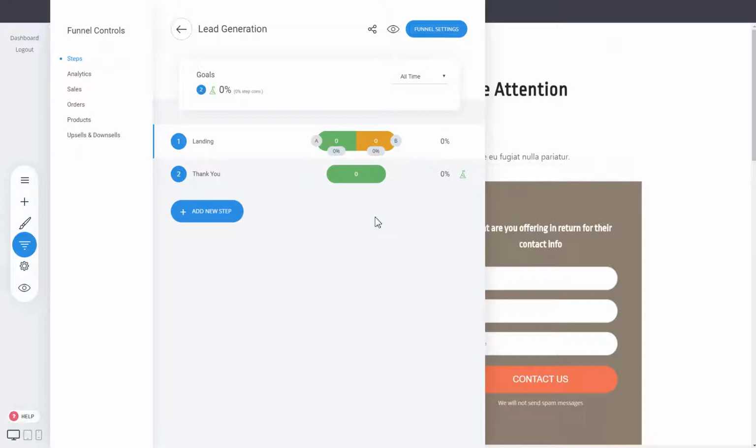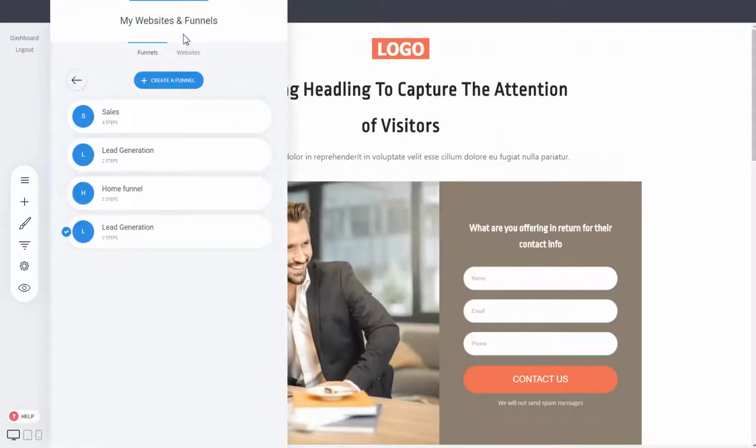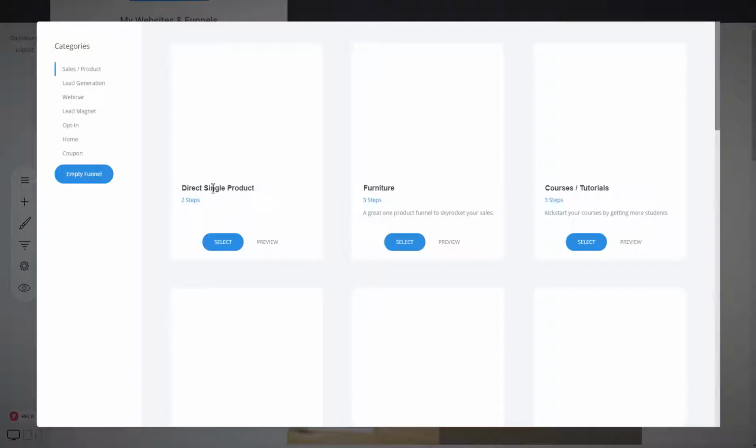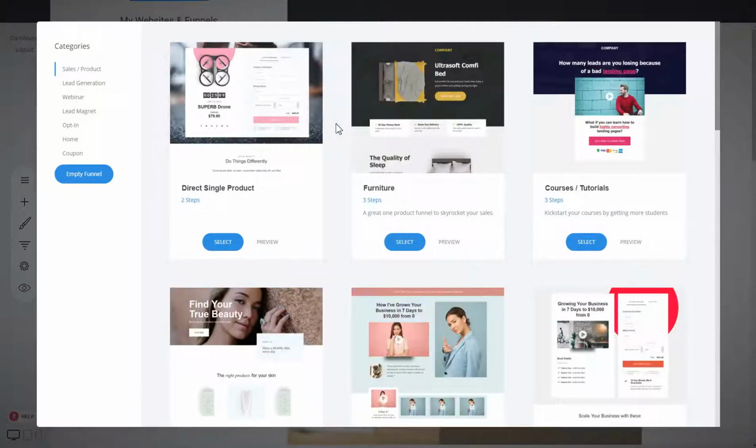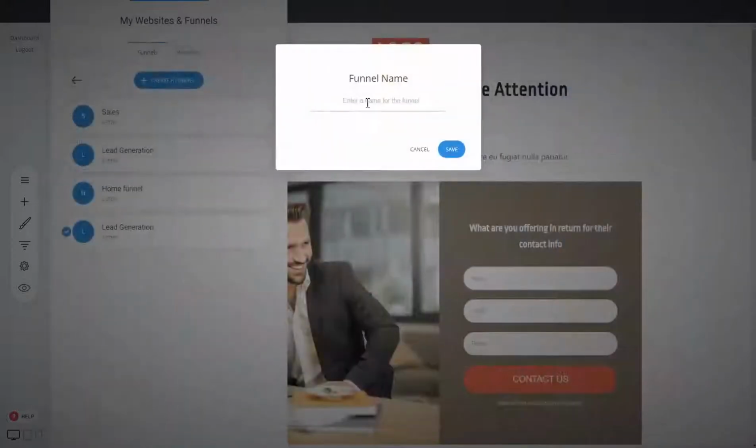And yeah, this is how simple it is. You can see analytics. If you're doing sales, you can create a sales funnel, and you can see analytics about your sale. And just for the sake of the example, let's create a new funnel that is going to be about sales. So click on create a funnel, and let's say that we want to sell something. You can select, let's say, this funnel, add a name to it,